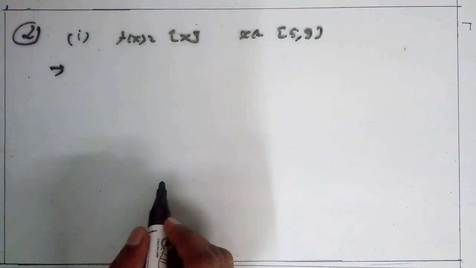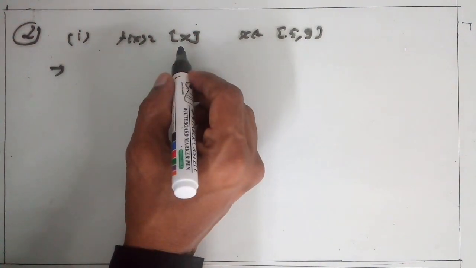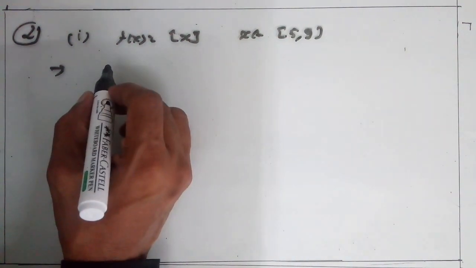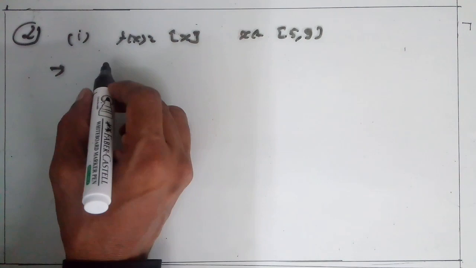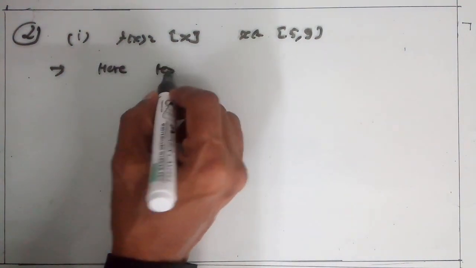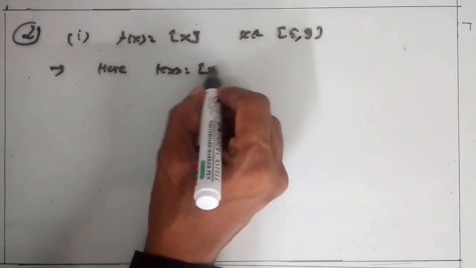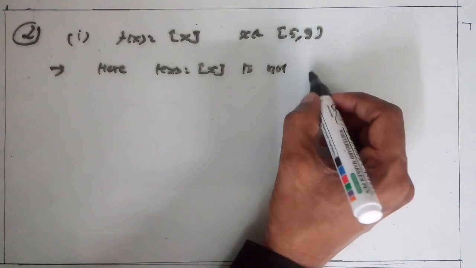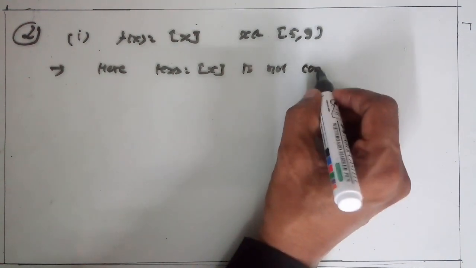Remember this here, the box function is not continuous. So the first condition is not satisfied. Here f(x) = [x] is not continuous